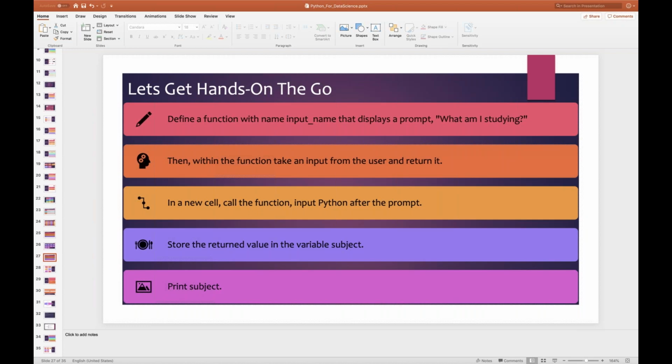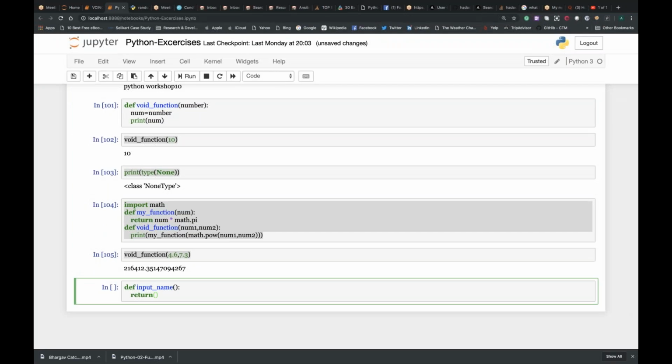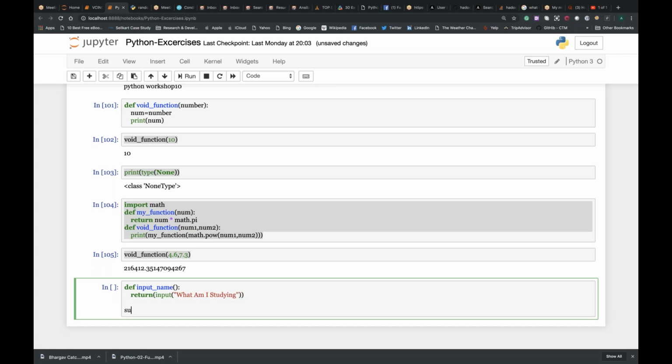So return will be an input value. So simply I would say input, and in the input I'll put the string "What am I studying?" This is done, and after this I'll say subject is equal to input_name.